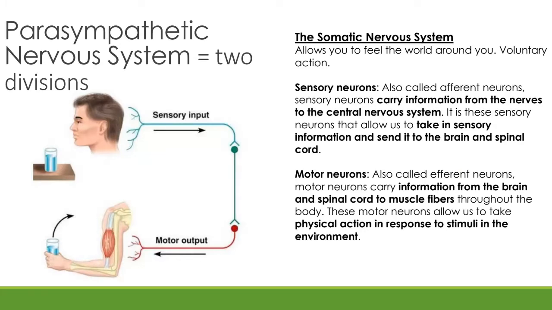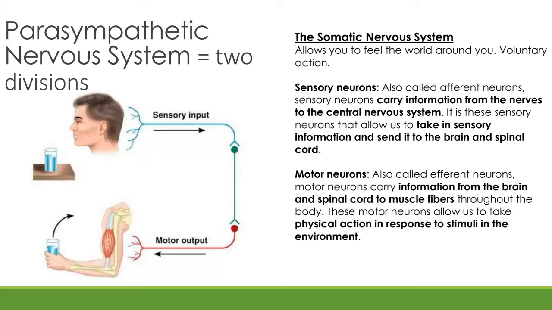Okay, so we saw in our little structure at the beginning that our PNS, our peripheral nervous system, is actually made up of two divisions. It's made up of, on one side, the somatic nervous system, which we'll discuss first, and then we'll talk about the autonomic nervous system. So the somatic nervous system is about our senses. It allows us to feel the world around us. Okay, everything that's to do with our senses, input of sensory information, is coming to us through our somatic nervous